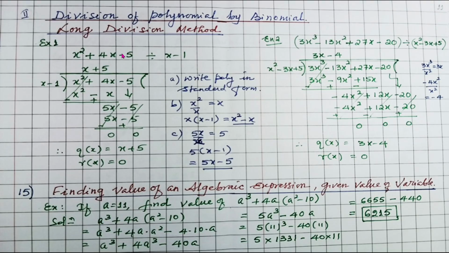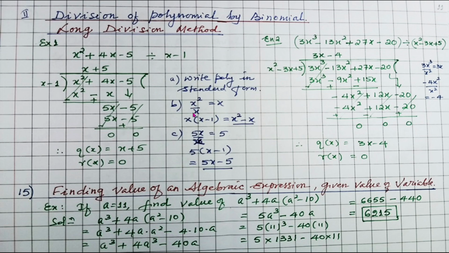in standard form, that is in the decreasing order of powers of the variable, which is correct here, x raised to 2 plus 4x minus 5, and write it underneath a horizontal line, and put the parenthesis here, and take x minus 1 as the divisor. So we have the dividend x squared plus 4x minus 5 as the dividend polynomial, and that is the divisor polynomial. Now start dividing x squared plus 4x minus 5 by x minus 1,